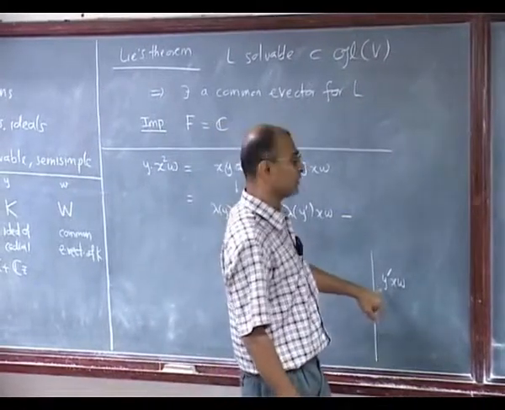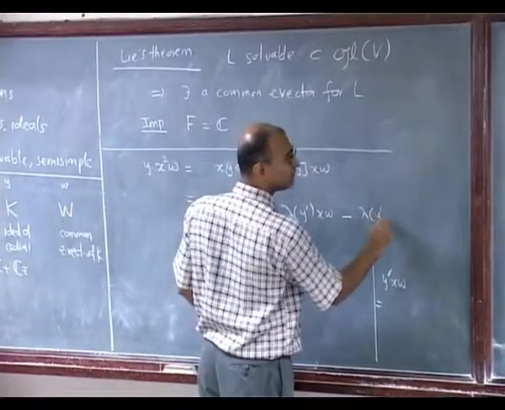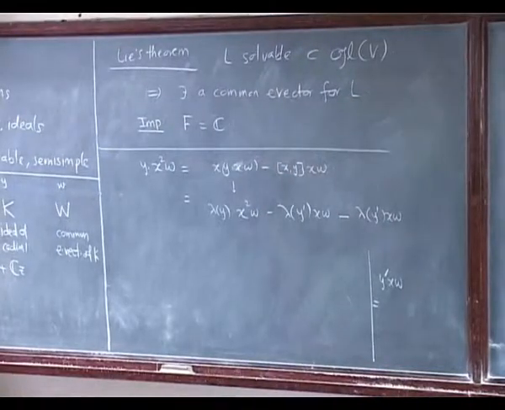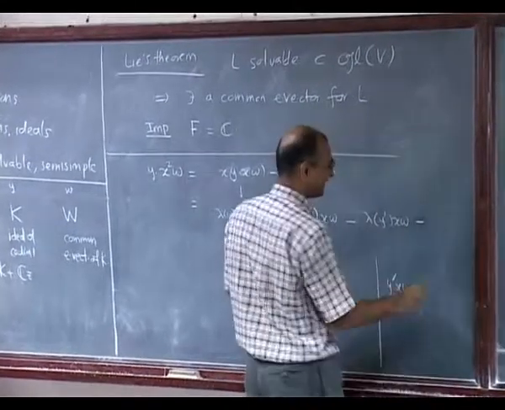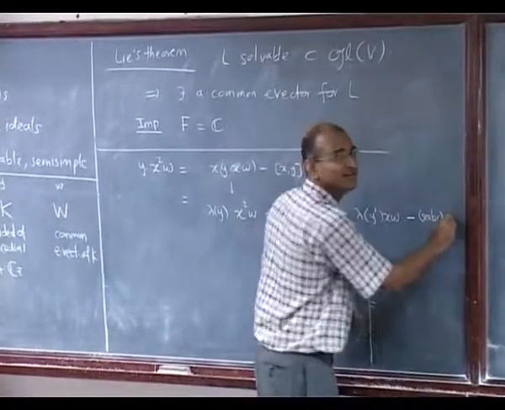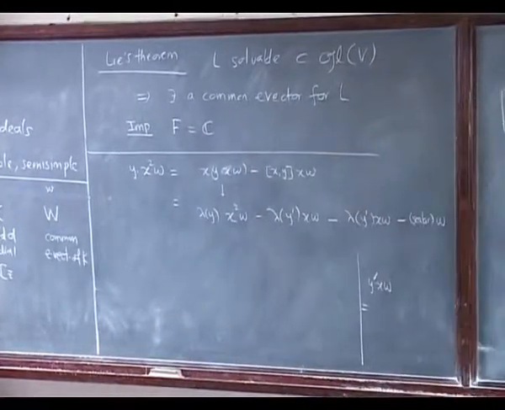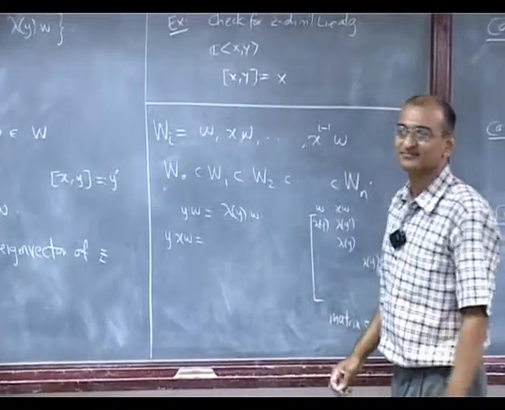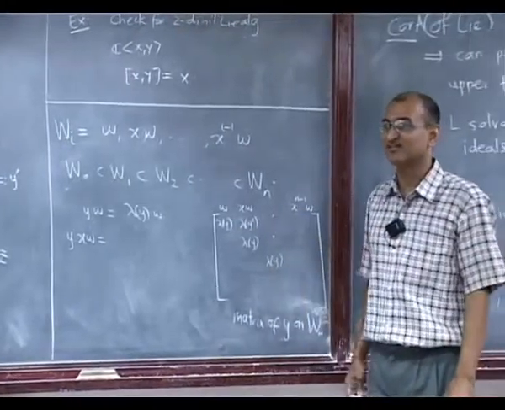So what is that? Y prime acting on x w is lambda y prime on x w, and now my notation fails me unless I can put a double prime or something like that. Okay. But at this point I don't care. What I say is scalar times w. Is this okay? So what will it look like? I will get hopefully lambda y here, and then something here and something here, and again lower down I have zeros.